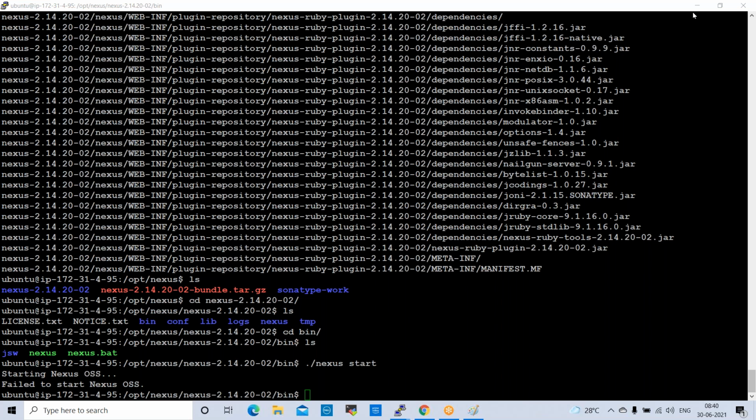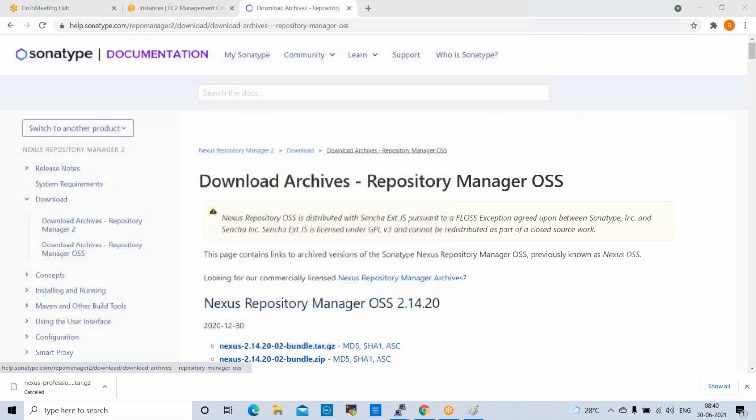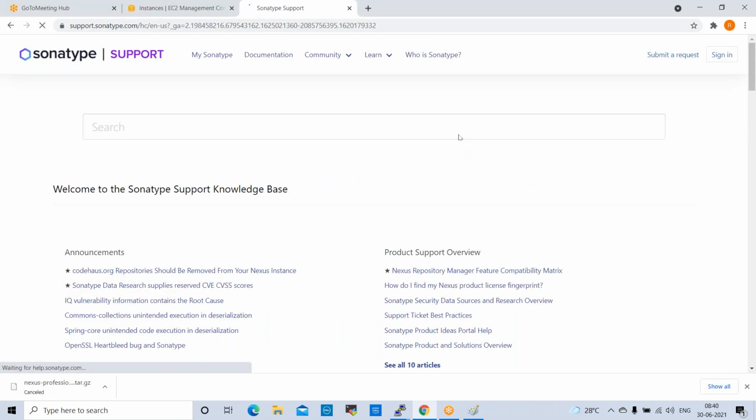Sir, where do we need to raise the case? Yeah, we need to raise a Nexus support ticket. We are using the licensed version, and we have a support cases interface, so I raise it in that. From here also we can raise it, but it requires sign-in.